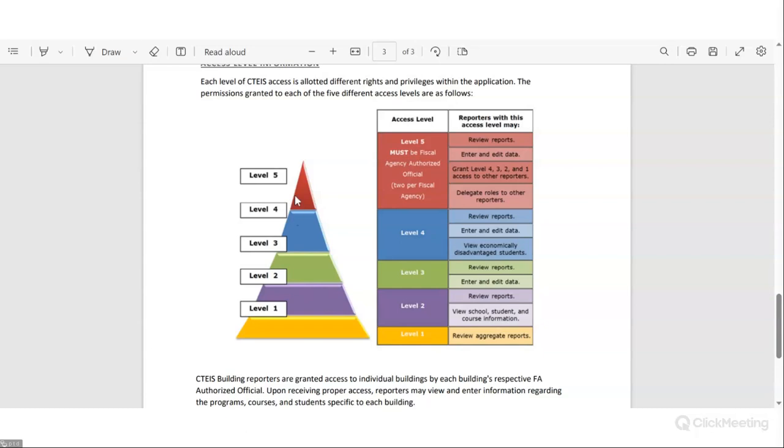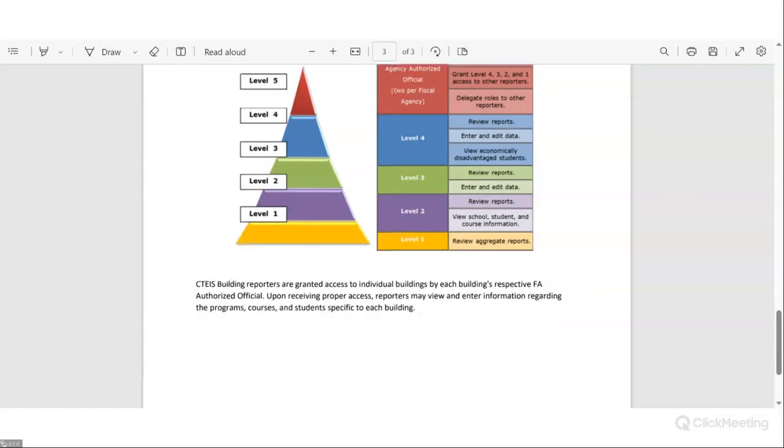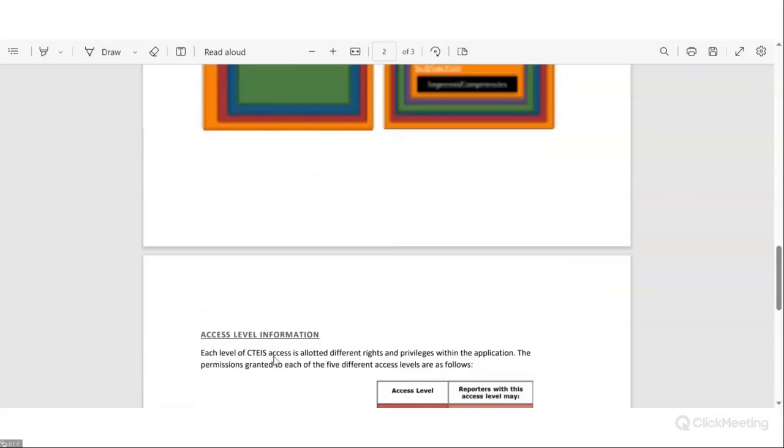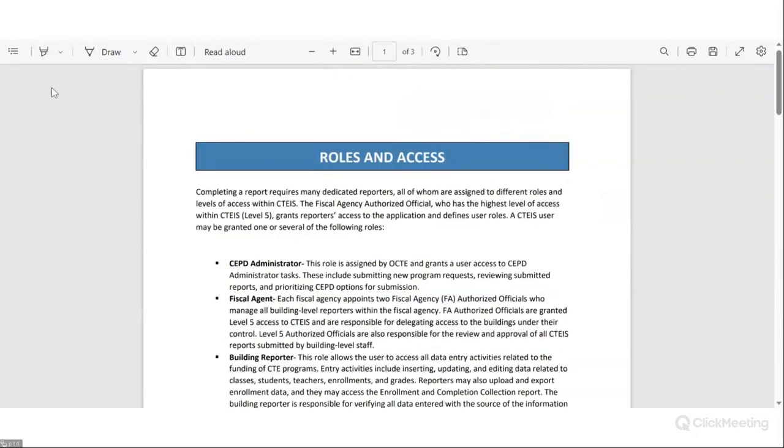So when you, as a building reporter, are granted access, it's granted by the level 5. When you submit your reports, you want to submit your reports to your fiscal agent. And then your fiscal agent will submit to your CPIT. So now that we know our roles in access,